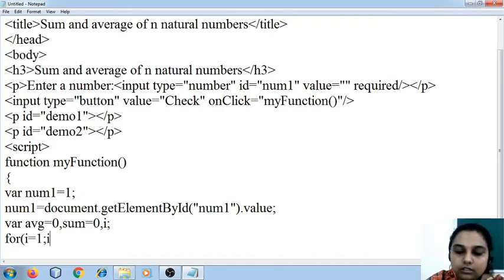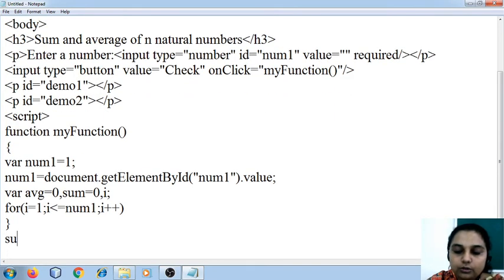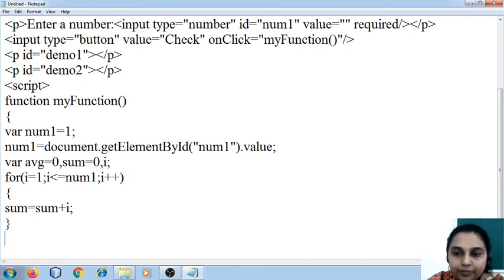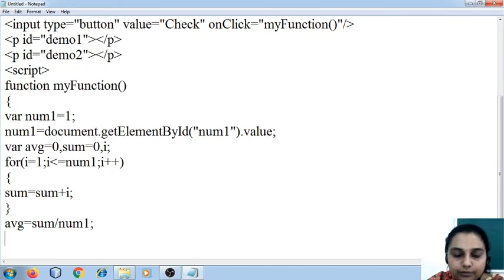I is equal to 1, I is less than or equal to num1, that is the number entered by the user, I plus plus. I need to do sum is equal to sum plus I. Initially sum is 0, so next it will be sum plus I, that is 1. Then coming to average, average is calculated by sum divided by num1, the number entered by the user.